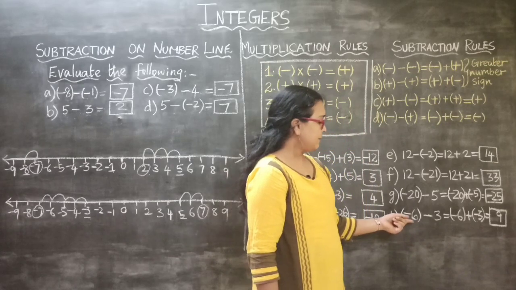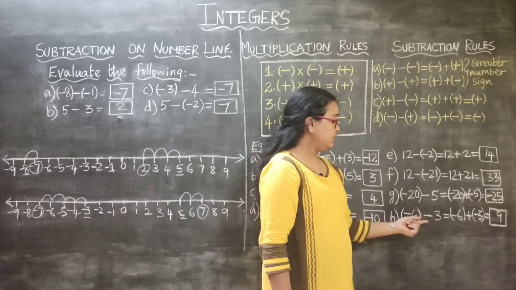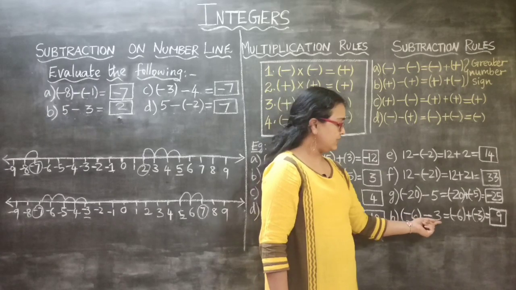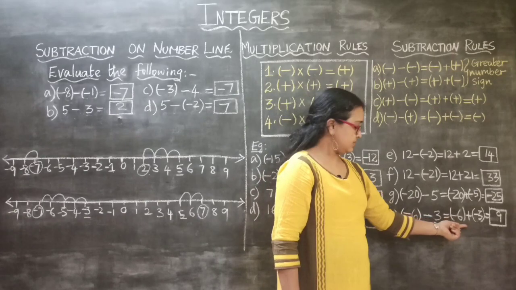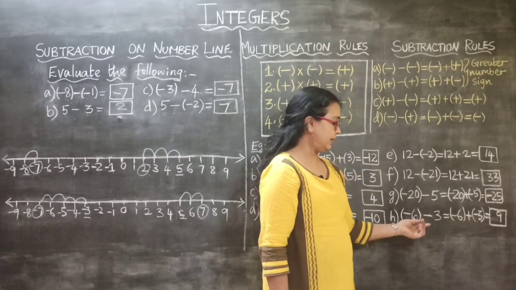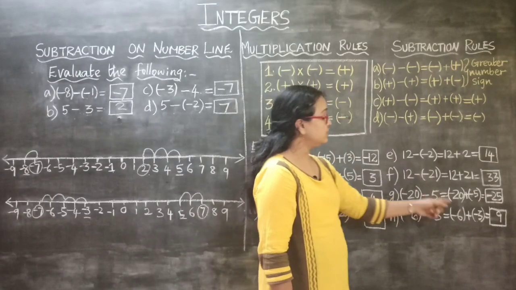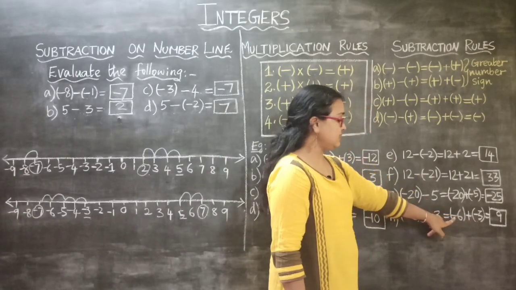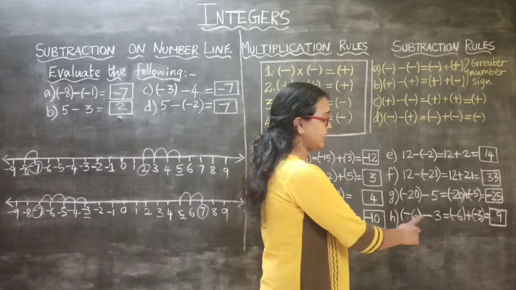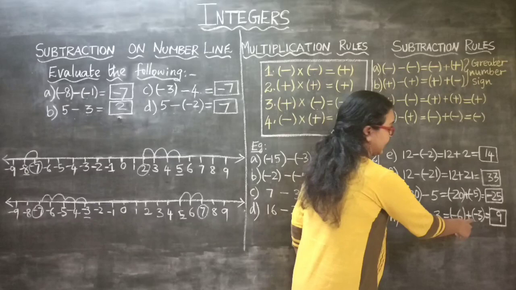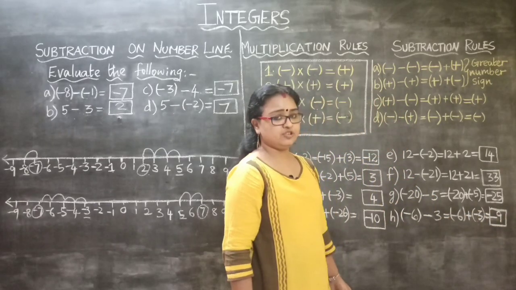Next example, minus 6 and minus 3. So here one is a negative integer and the other is a positive integer. What we have to do, the first integer will remain as it is and the second integer will change its sign. So minus into plus, here minus into plus is minus, so here minus 3. So minus 6 plus minus 3 is 9. We have to add, so it's 9, but both have the negative symbol, so it comes with the negative sign.